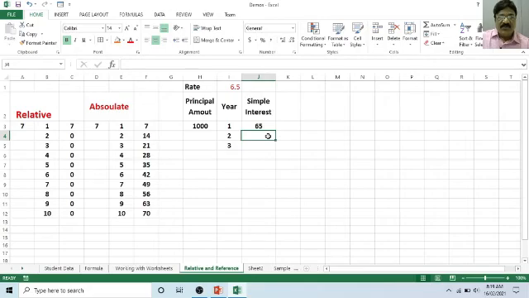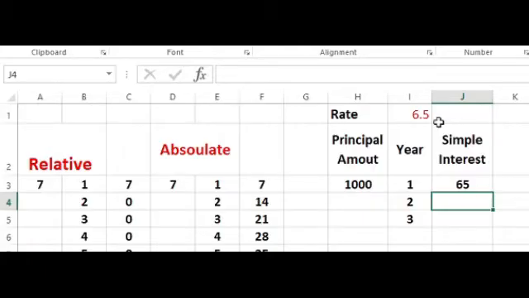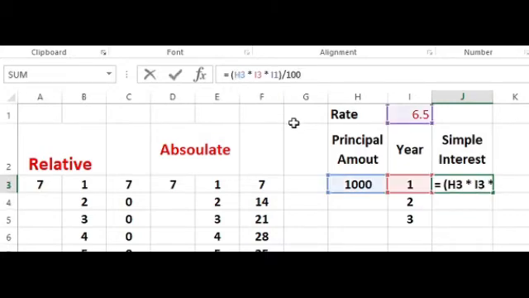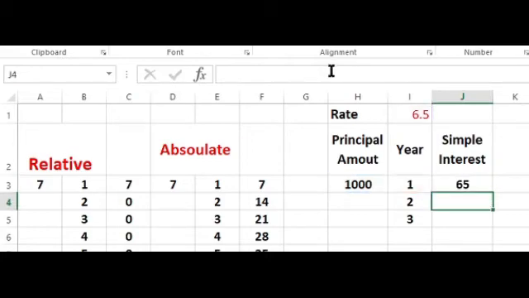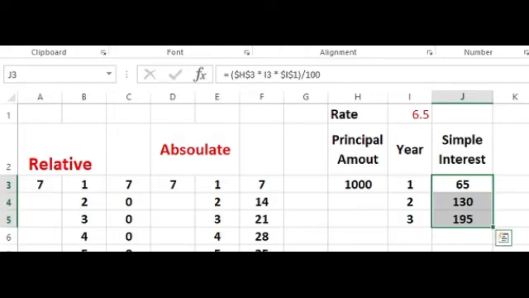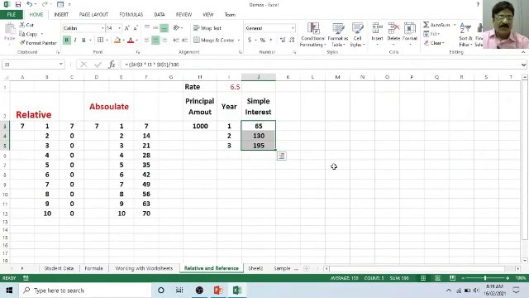Now if you are going to copy this formula, what is going to happen? It will show the zeros. Now what we need to do, we need to fix the rate as well as the principal amount. So for that purpose, select the H3 cell and press function key F4. Similarly, rate of interest is in cell I1, so select this one and again fix it by pressing function key F4. Okay, and then press enter key and now copy the formula. Okay, so I hope that you understood how to work with the cell relative addresses and the cell absolute addresses.